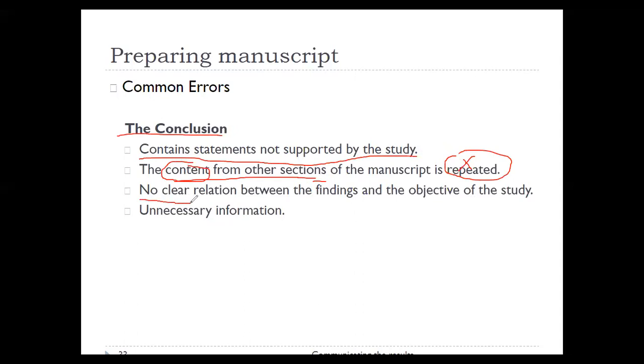Often the conclusion is not clear, and the relationship between finding and objective is not coming in the conclusion. We state one objective of the study in the introduction, something else is seen in results and discussion, and in the conclusion we do not present it. In that case it is not desired, that is not good. So whatever the conclusion, it should match with our objective and findings, and there should be a relationship between the objectives and findings. If we put unnecessary and extra information in the conclusion, that is also not expected, right. Adding unnecessary things just to make the paper longer is also not good.